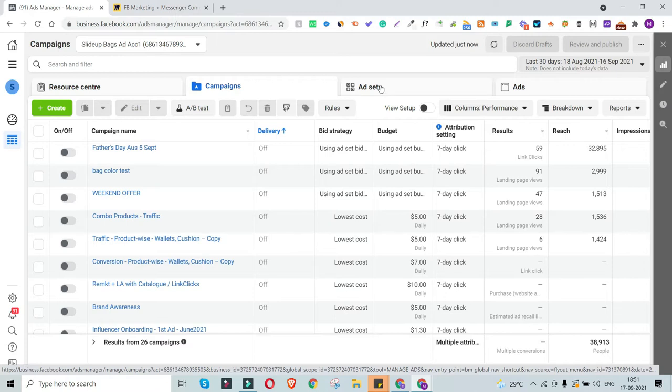So let's say one ad set is for age bracket 25 to 34, one is for the elderly generation of 45 and beyond, one ad set is for females, one ad set is for males, one ad set is for students, one ad set is for one particular product type, the other ad set is for the other product type. So you need to decide on what criteria you're gonna segment your audience. So based on your targeting segmentation, you have multiple ad sets.